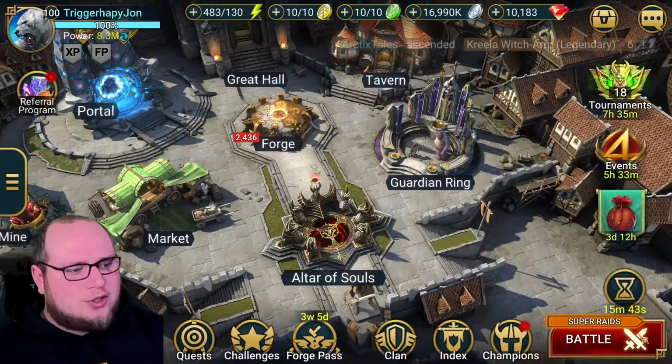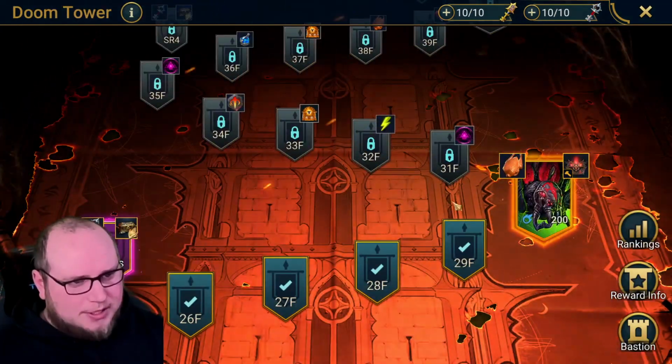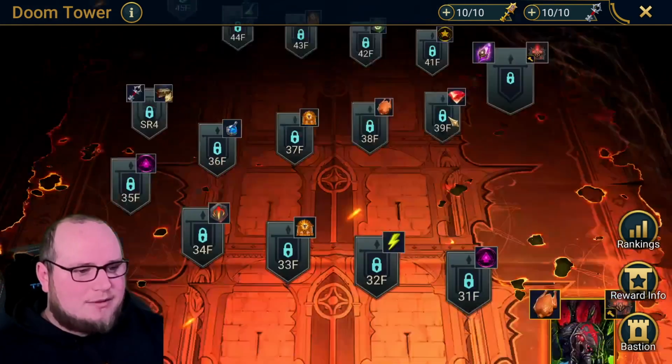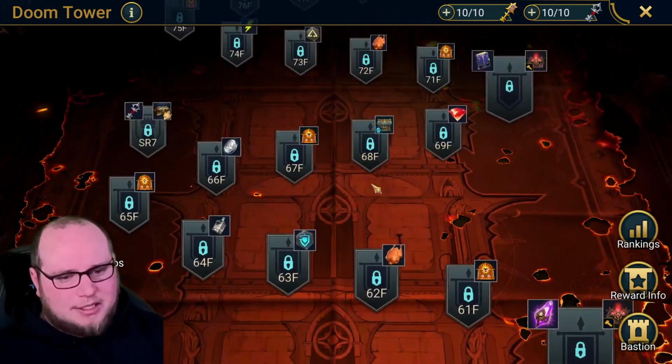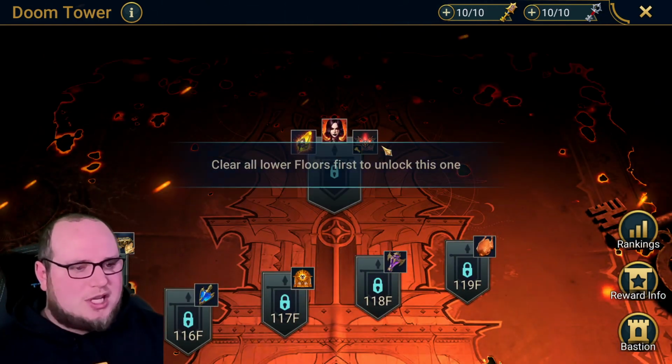My goal is to go ahead and beat the Doom Tower again on hard. We need to complete moving up forward on this. We've got 3 days left, so that means I won't be able to complete the Doom Tower this rotation, which is kind of unfortunate,